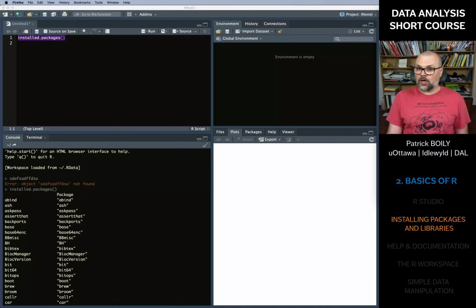You could also ask it to update the package, because packages get updated on a regular basis. If I look at the package abind here, well, there's a version of abind that existed, perhaps a year ago, and it could be that the developers, the people who work on the abind package, realize, oh, hang on, there's a bit of a bug, let me roll out a new version. Now, unless I specify that I want my packages to be updated, it is not going to update the package. So I could ask it to